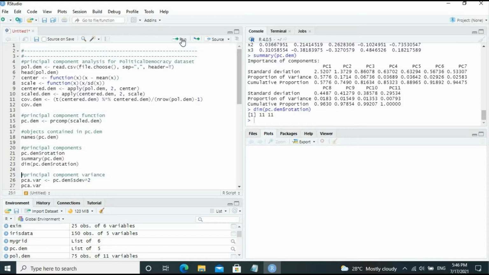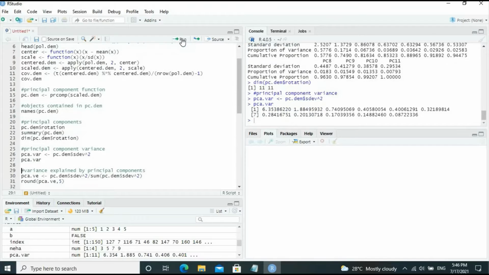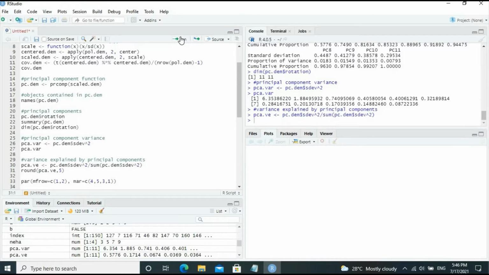It's a square matrix. Now let us find out what is the variance that has been explained by each of the principal components. So that is the variance. These are the variance values. Now let us find out the proportion of variance explained by the principal components, which has already been displayed in the summary. Let's display it again.